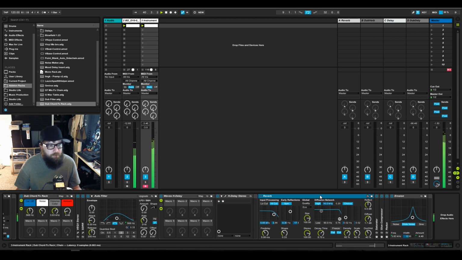Dub techno reverb. Sometimes I use an echo mode, sometimes I use a high quality mode. Just depends on how gritty I want the sound. That's really what it is. So anyways, obviously this macro here controls the cutoff. And then sometimes I manually adjust these here, the input processing, like the low and high cut, and then the diffusion network. But for the most part, this is set where my sweet spot is, where I like it for just about everything.